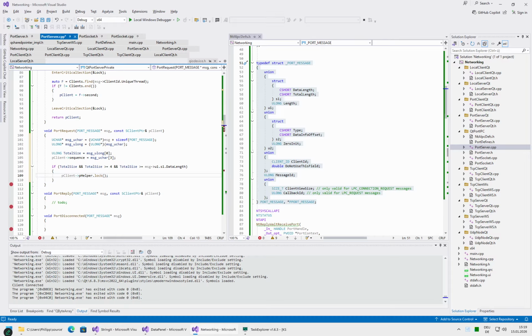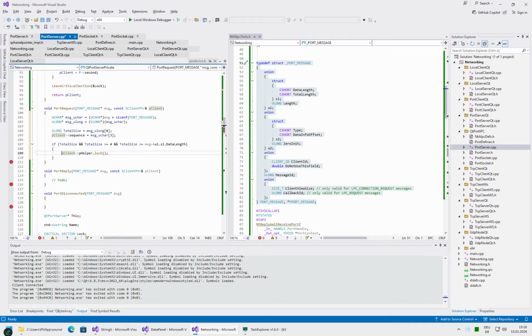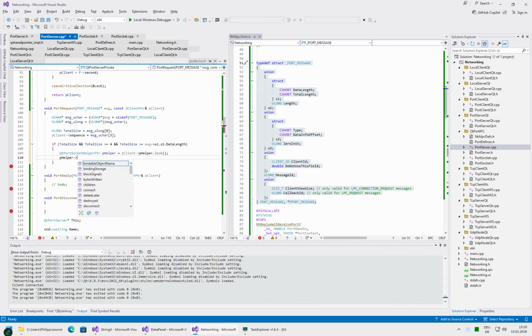And the lock returns us, so the way this works is the lock returns us a strong pointer. So instead of typing the whole name, we just use auto, this helper, and now we can use our helper safely. The helper has